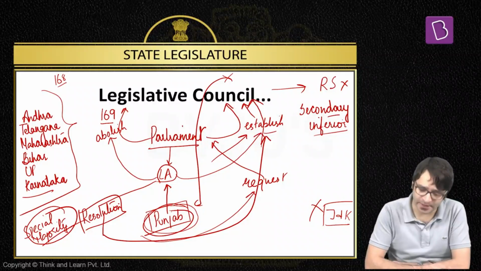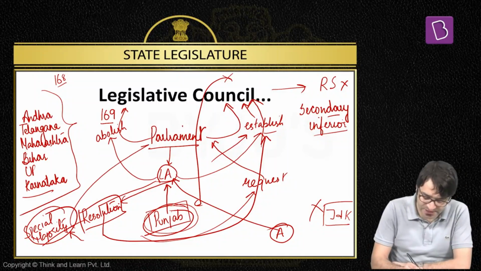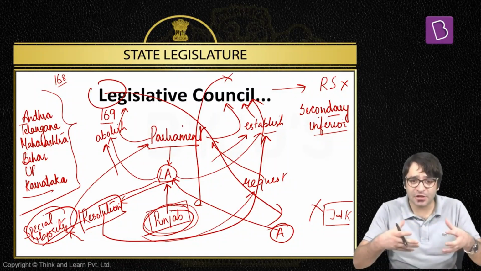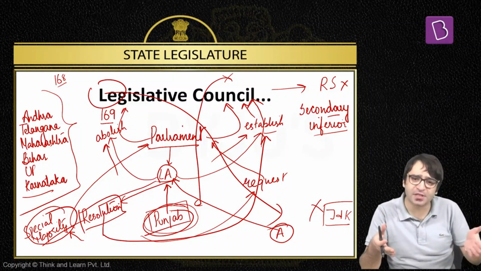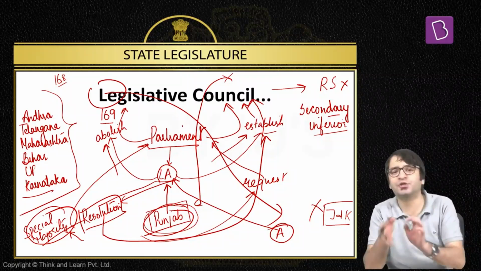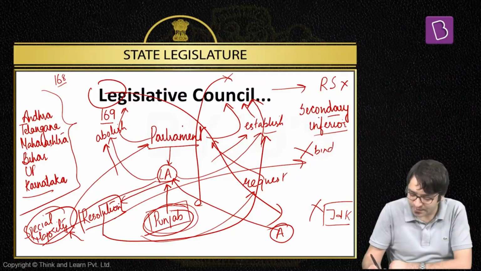for Punjab. Similarly, we have Andhra Pradesh. The Andhra Pradesh Legislative Assembly will pass a resolution by special majority requesting the Parliament, please abolish the legislative council for Andhra Pradesh. That means this process has to be initiated by the state legislative assembly. You pass a resolution by special majority, and request the Parliament to either establish a legislative council or abolish a legislative council. One important thing here is, this resolution is not binding on the Parliament, which means Parliament may or may